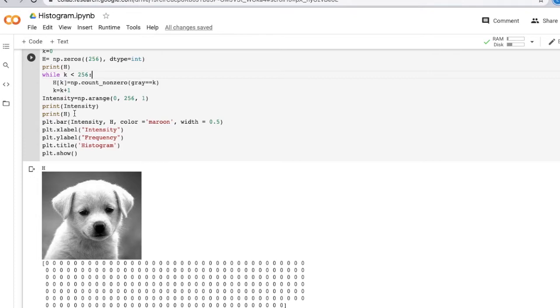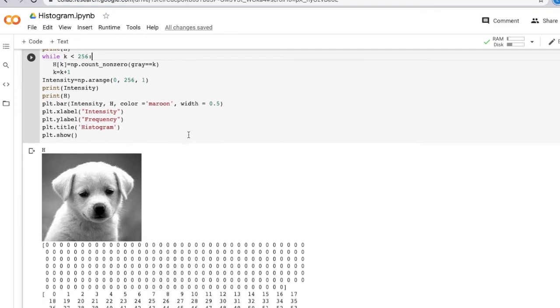And then, as you know, the histogram is plotted in the form of bar graphs, so in order to do that we will use matplotlib, which is saved as plt. So plt.bar, we want to plot intensity versus h, and I just want to give it the color maroon, and the width of the bar is 0.5.